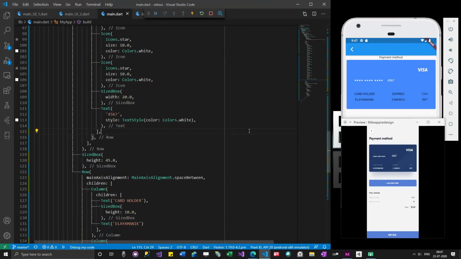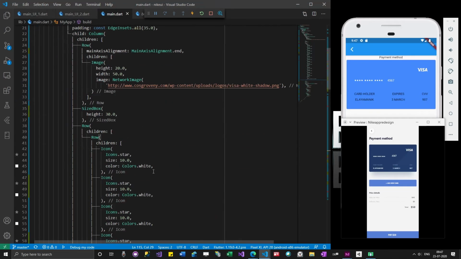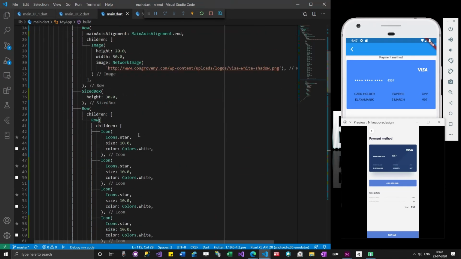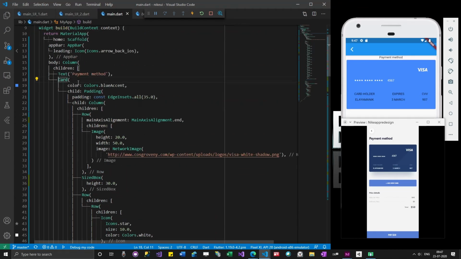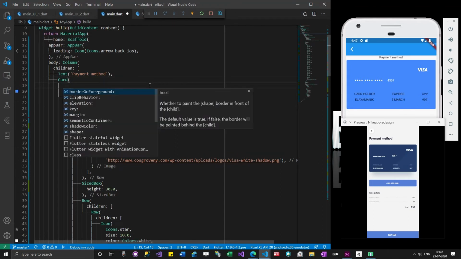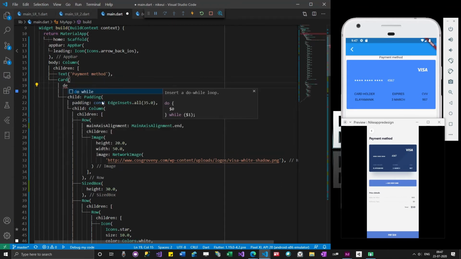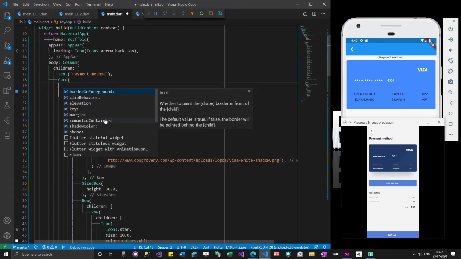So we'll try to code it manually now. So this is the card, right? I'm checking if there is a way I can actually add some decoration to it.